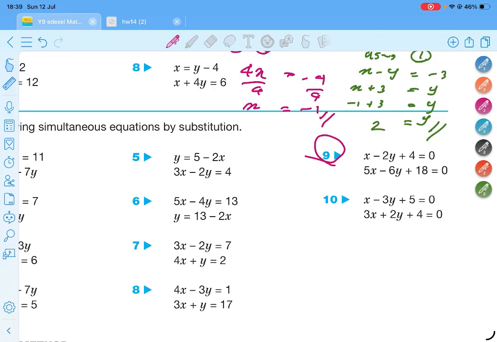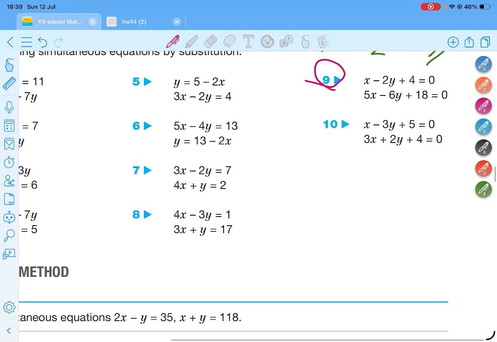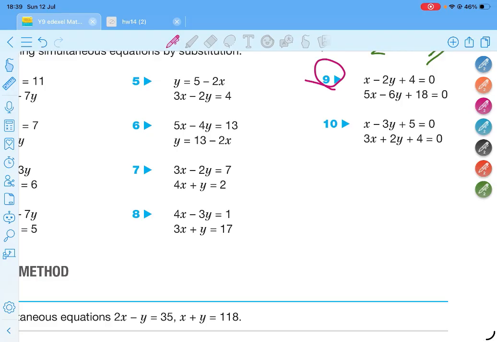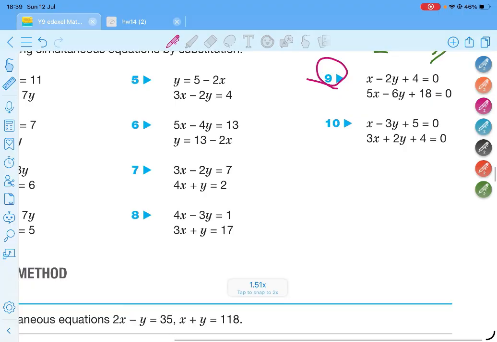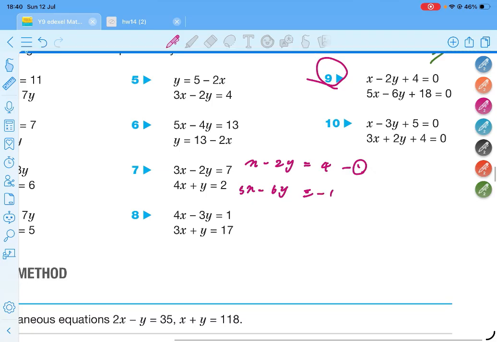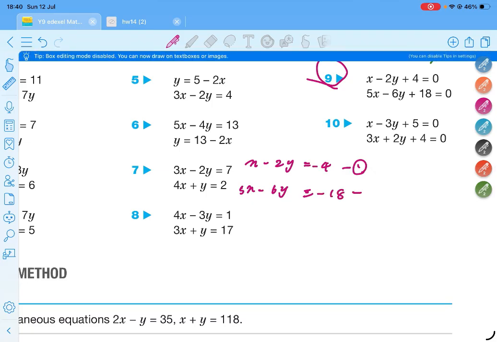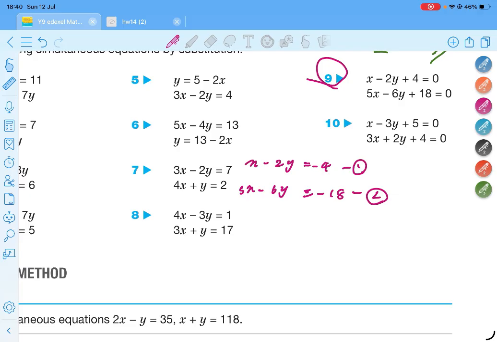Cannot solve. Here, first of all, you need to transfer the values to the right side. x minus 2y equals 4. Only the variable part should be on the left side. 5x minus 6y equals minus 80. This should be minus 4, no? We cannot add without doing that. You cannot always use this method.